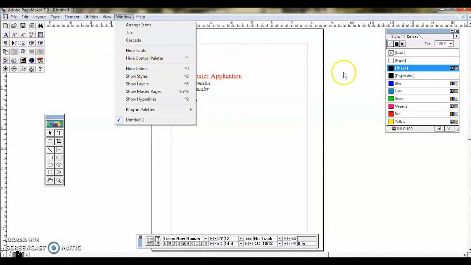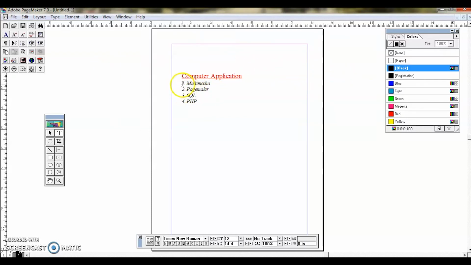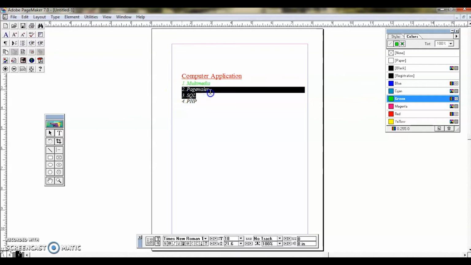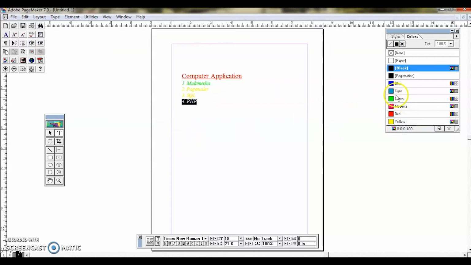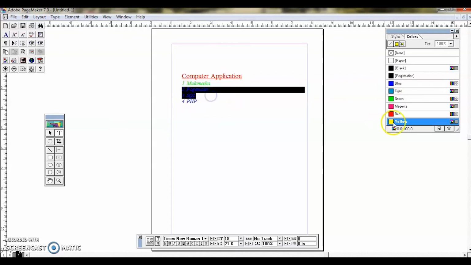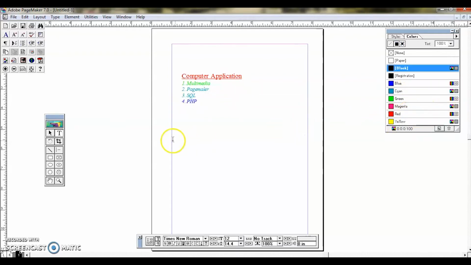visible here. If it is not visible, you have to go to the window menu and you have to click show colors. Okay. Suppose I am selecting the second line and I am clicking green. So I am selecting second one and third one, and let me give another color as yellow. And if I want, I am selecting the fourth one, I am giving blue. Okay. These two are not as yellow, it's not visible clearly. Let me give cyan. Right. So now I have given 1, 2, 3 and 4 colors.